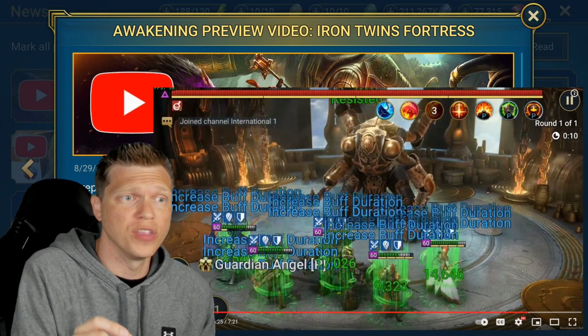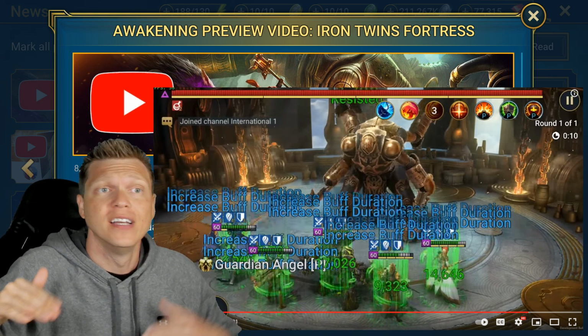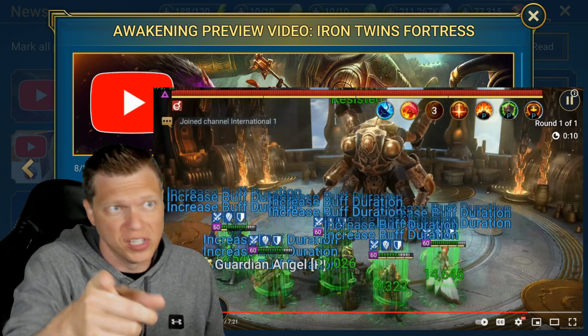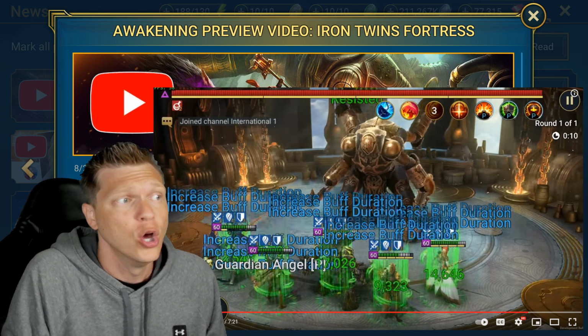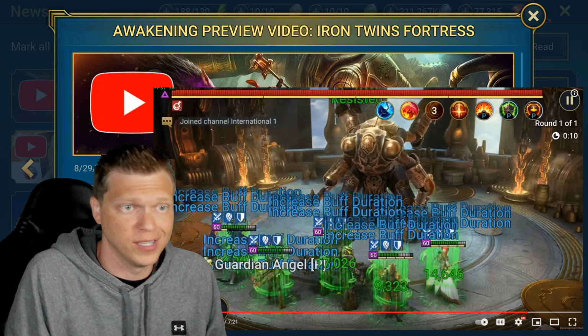I thought earlier they were talking about how it can't be manipulated at all. It's guaranteed to kind of go through, and then you're going to have to reduce its duration. It can be resisted. Okay, sorry if I misspoke earlier. I think I may have. It can be resisted. So yeah, resistance is going to be a premium stat against this boss,